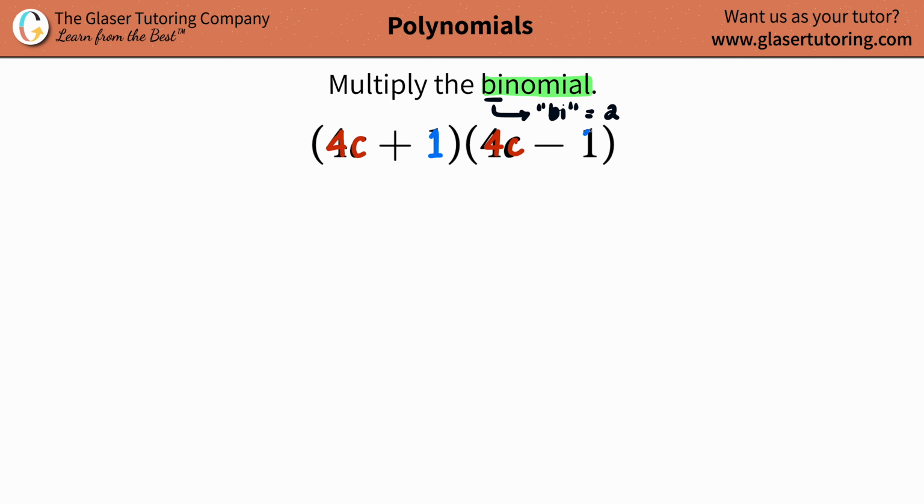They're technically a 1. The only difference is that one of them is positive, 4c plus 1, and one of them is a minus, 4c minus 1. If you notice this setup, where your first terms are identical, the second terms are identical, and the only difference is a change in the sign,